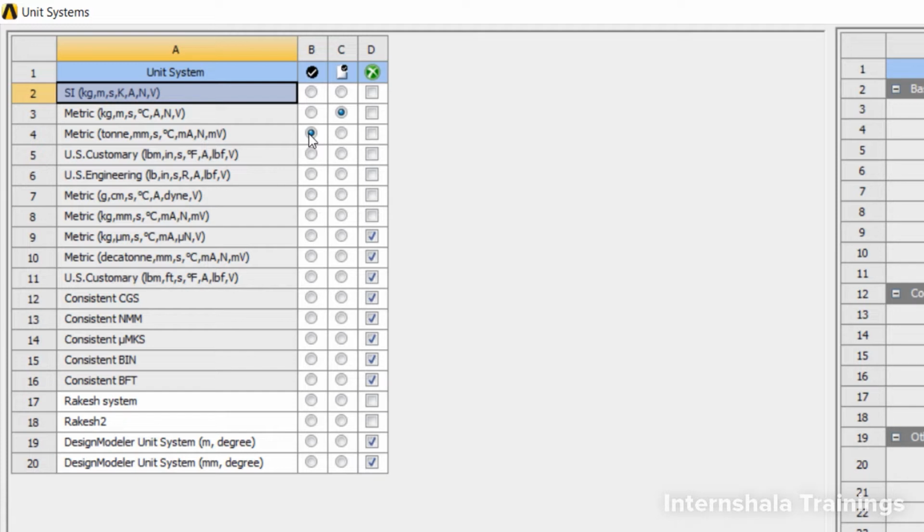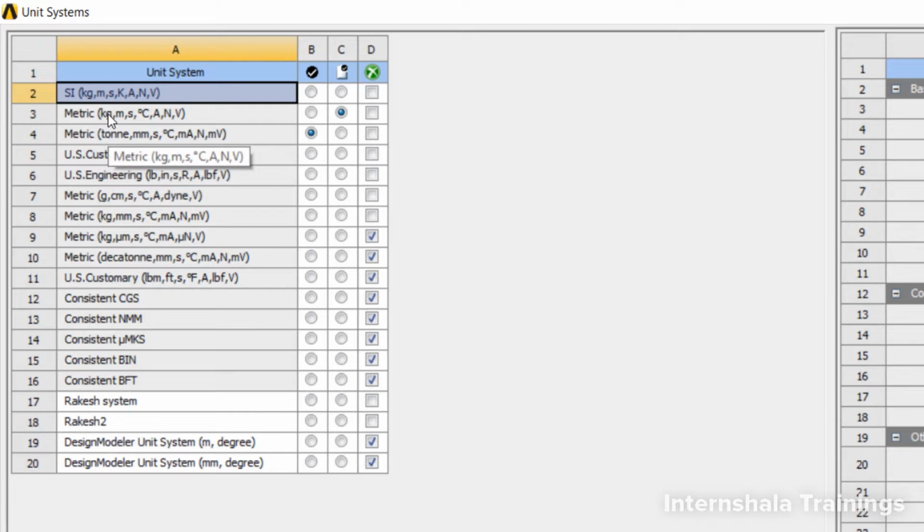And if I close the project and open a new project, then this particular system will be reset to whatever default system we have selected. So in order to select a default system, you need to come to this column. For example, if you select metric as your default system, right now for this particular project we are working with metric ton units, but once I close this project and open a new project, my default unit system will become metric kgs.